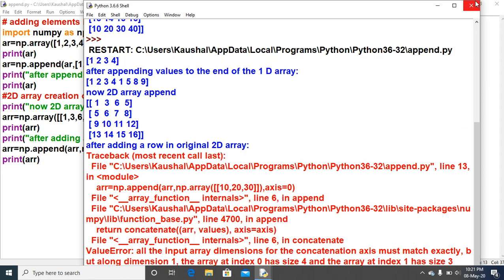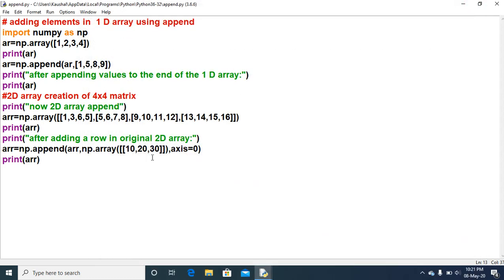That is, you have not provided the same number of elements as in the previously created array ARR. So you have to provide the 4 elements because all the rows have exactly 4 elements. That is why the error was coming.